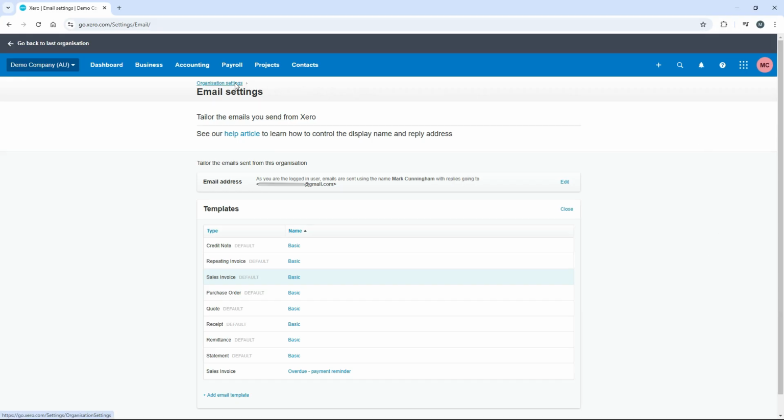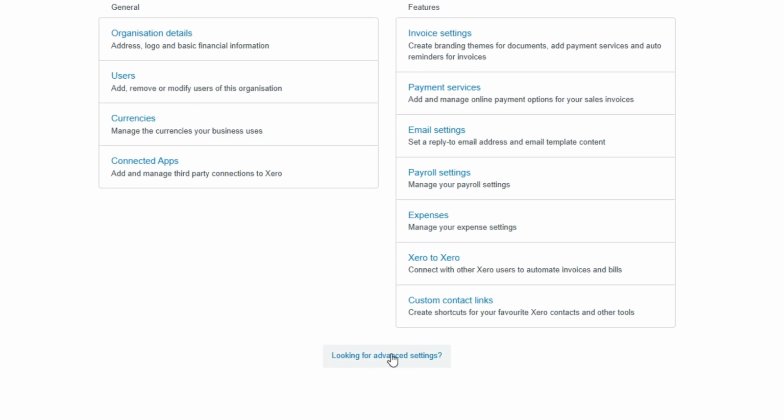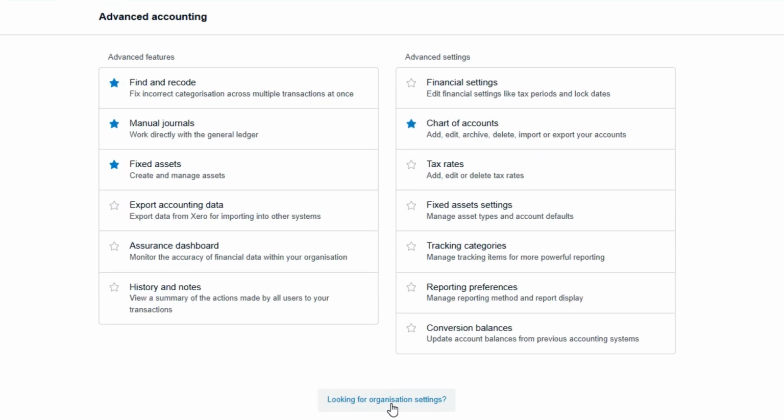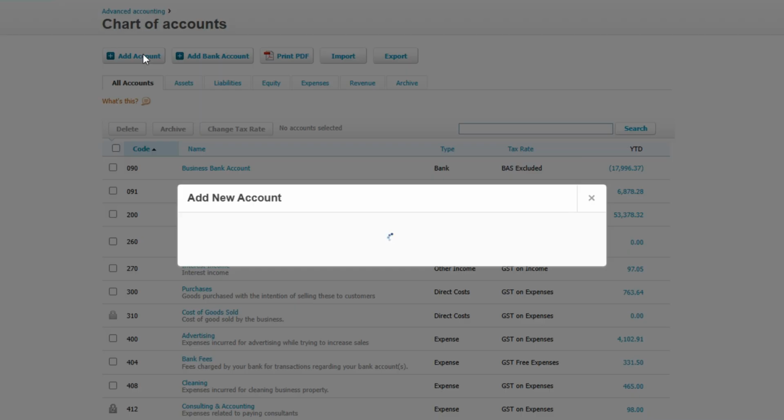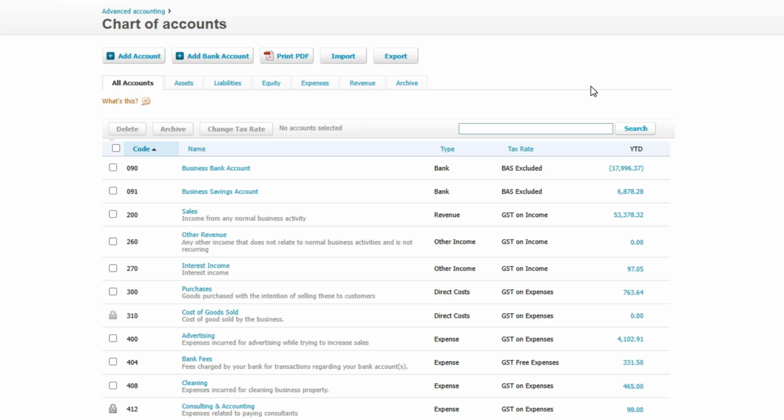Okay, if I go back to settings and then go to advanced settings down the bottom here, one of the main things you need to make sure you've got set up properly is your chart of accounts. So Xero comes with a standard chart of accounts that will be installed when you sign up to Xero. But if you need to use a different chart of accounts, perhaps one that your accountant wants you to use, then you or your accountant needs to come over here and import it. And this is also the place where you can go if you want to add any new general ledger codes